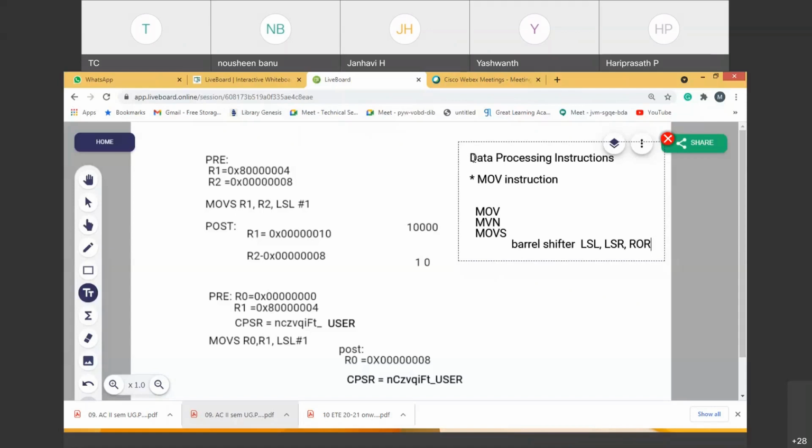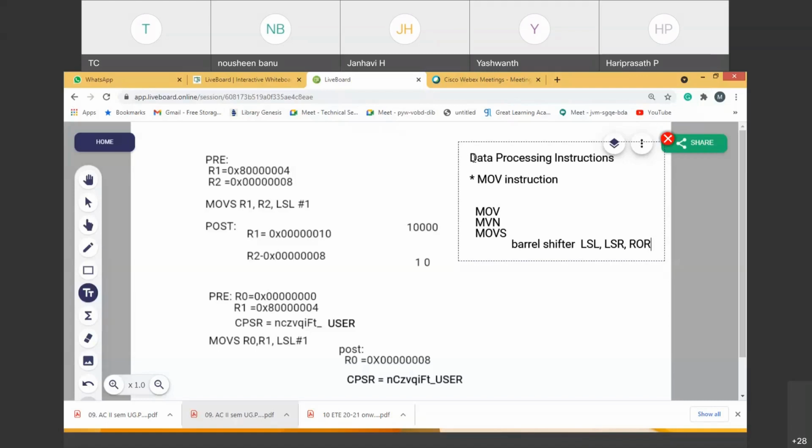We have seen the examples MOV R1, R2 and MVN R1, R2. MOV R1, R2 means R2 is the source register, and its contents are moved to R1. MVN means R2 contents are taken, negated, and sent to R1. In the same way, for MOVS, when I specify S it means I am addressing the CPSR. It means I am updating the conditional flags in the CPSR. S with any instruction always means I am updating the CPSR conditional flags. That's the simple meaning.